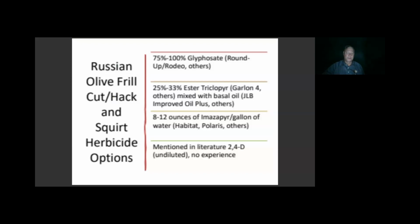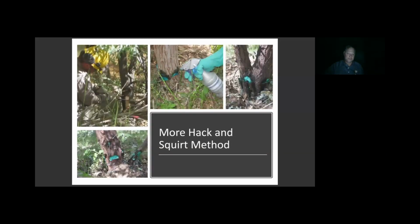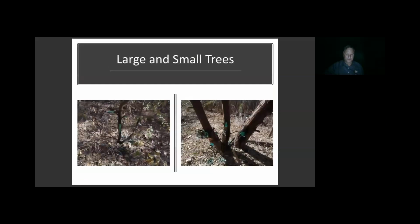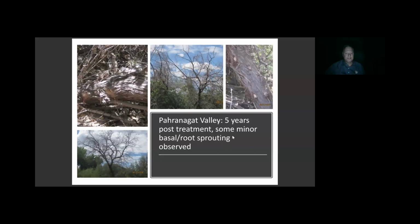That's a more Colorado Plateau species, Utah, certain parts of Nevada, Arizona, and Colorado. It's a big problem. Wyoming, Idaho, big problem in Idaho. We developed effective methods for control of that. We do that with our partners in those other states. Pahranagat Valley is where the most Russian olive is that I'm aware of in the state of Nevada, and there's a CWMA there, Cooperative Weed Management Area, and we've worked with them and done lots of Russian olive control in the